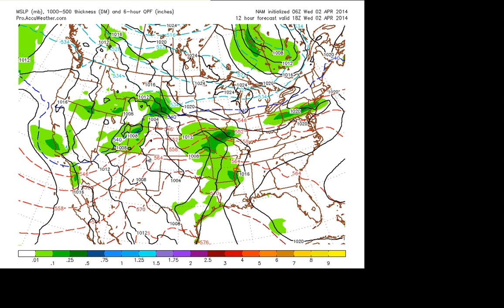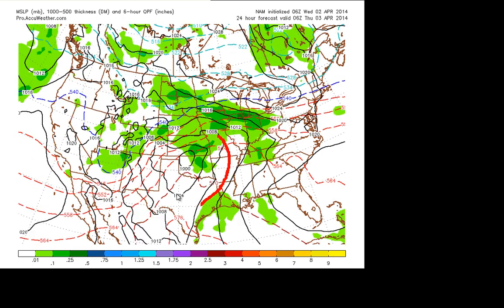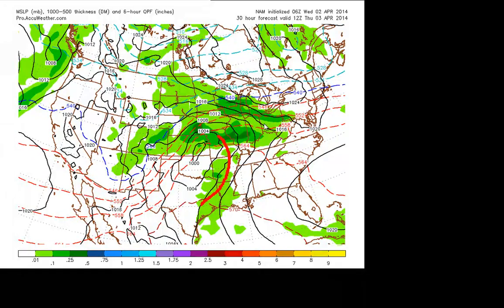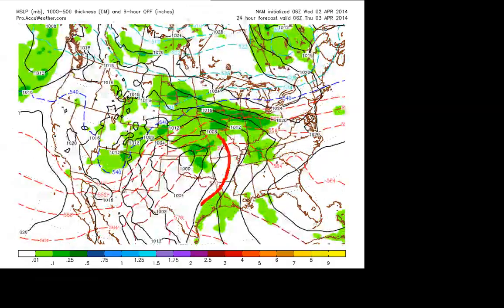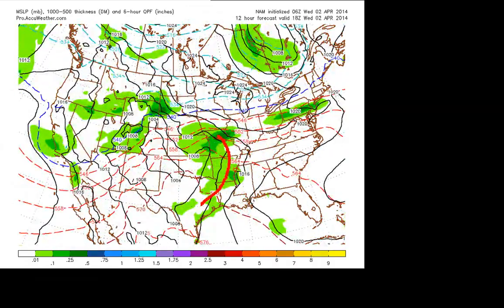Okay, so what we have here is today at 2 p.m. We have a low pressure center right here that's lifting through, and along with it, it's bringing a little bit of a cold front here, as you can see. Taking a look here, this is at 2 p.m. today. We have a cold front also.